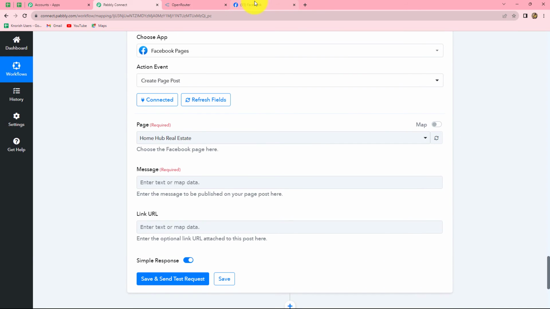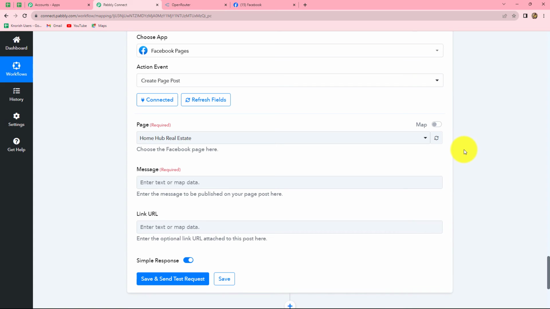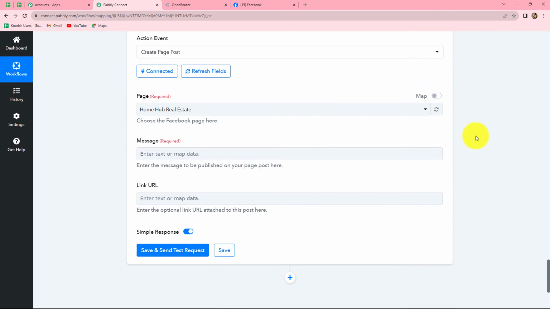Since I was already logged into my Facebook account before making the connection with Pabbly Connect, the connection has become very easy and simple. So you also have to keep in mind to always keep logging in to your applications before making the connection with Pabbly Connect. Now after successfully building the connection between Facebook pages and Pabbly Connect, we will move further, and here